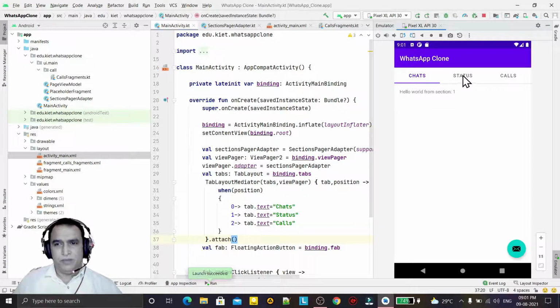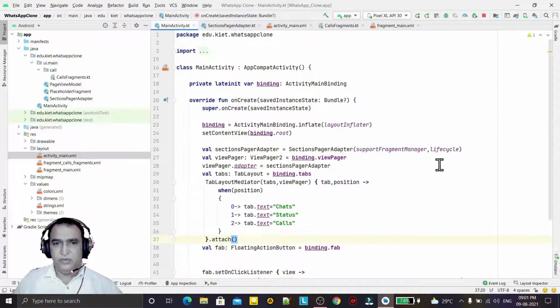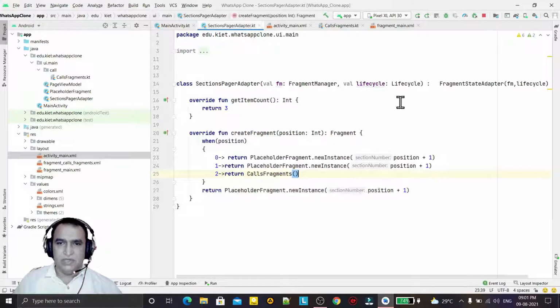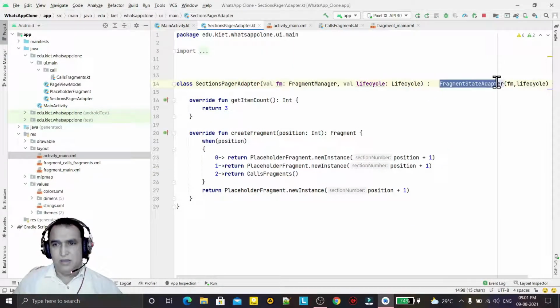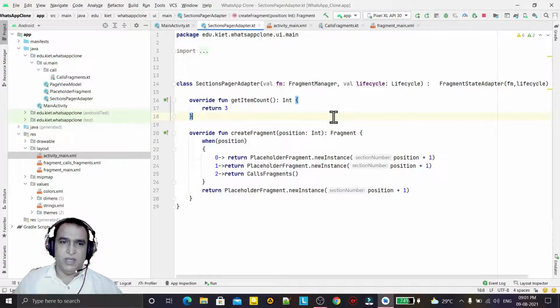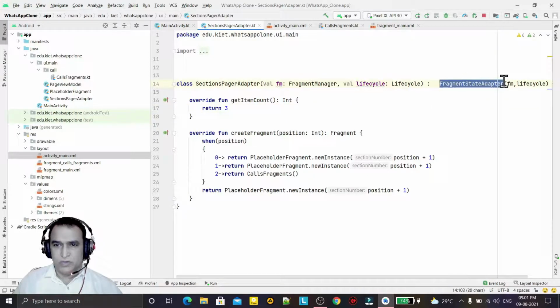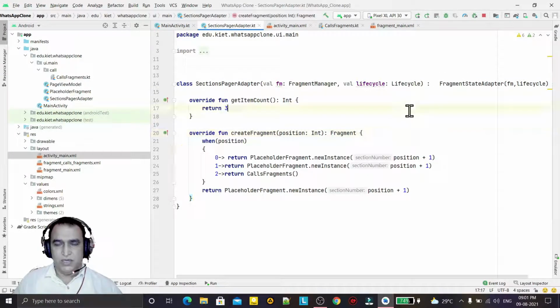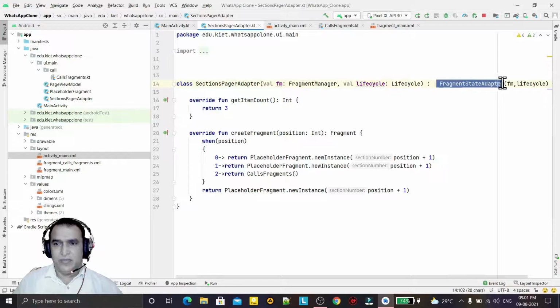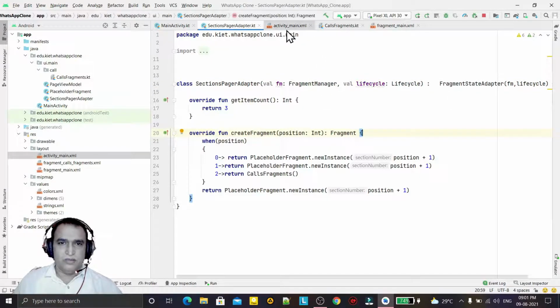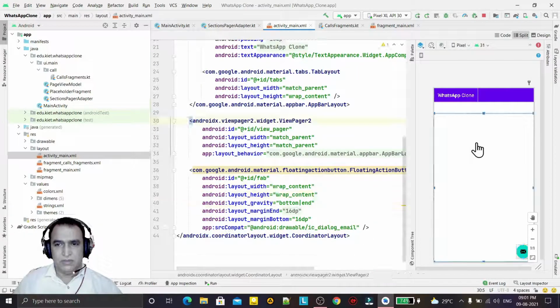You see, if I click here, everything is similar to what we did in the previous video, but here we have used the latest API and we have removed the deprecated API, because in some time Google will remove all those previous classes. We have to go for the new one. So here we have used the latest ViewPager2 and the FragmentStateAdapter to make use of the tab layout. Thank you for watching my video.